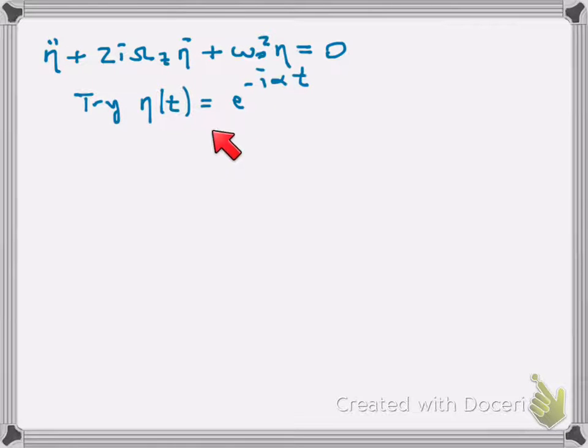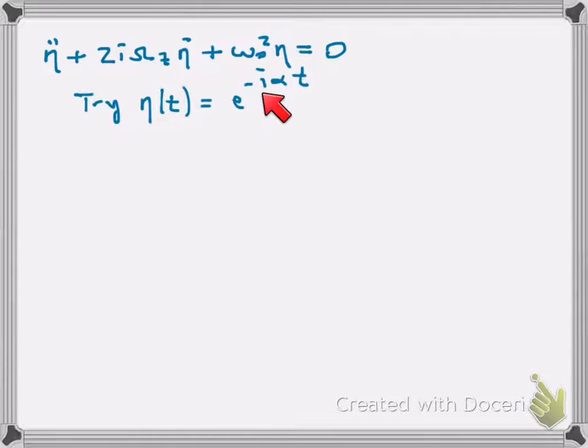So the next step is to take our trial solution and plug it into this differential equation and see what we get. When we take the second derivative, eta double dot, we pull down a minus i alpha with the first derivative, and then another minus i alpha with the second derivative,